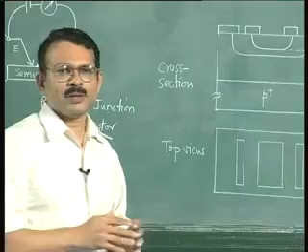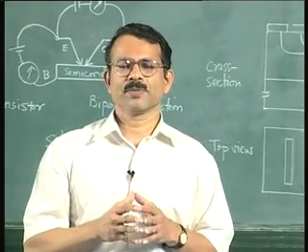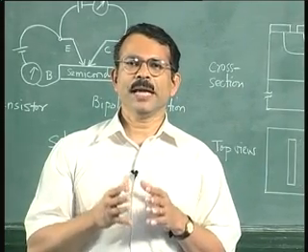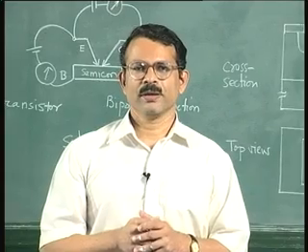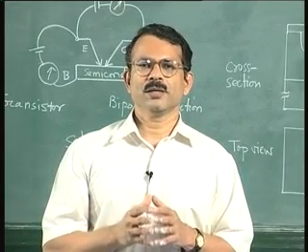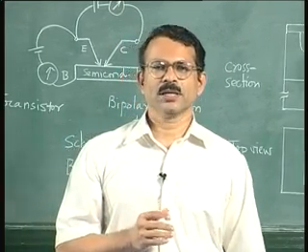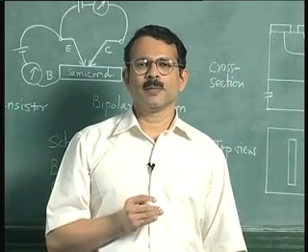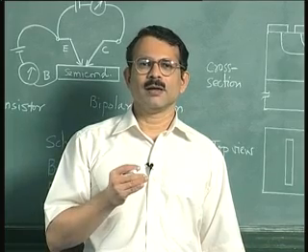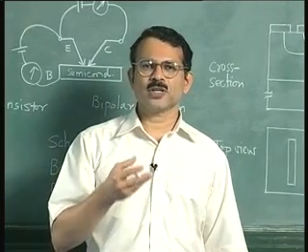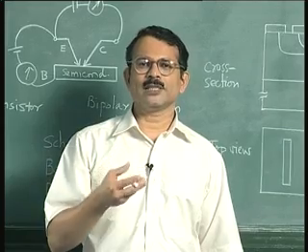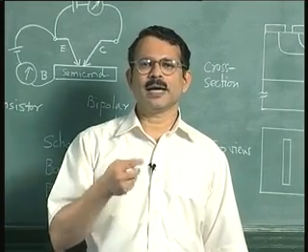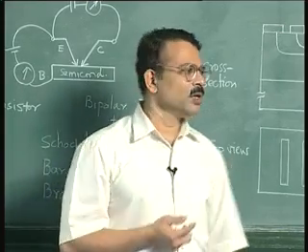Now the details of the processing of a bipolar junction transistor are very similar to those of the p-n junction that we have considered earlier. So you know that the p-n junction in modern days is made using a planar process. The same planar process is used to make this bipolar junction transistor. This process involves cyclically going through the steps of deposition of layers, then patterning of layers using photolithography and etching, and this is repeated again and again until the final structure is realized. So that is what is happening here.